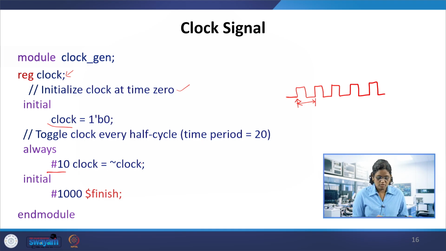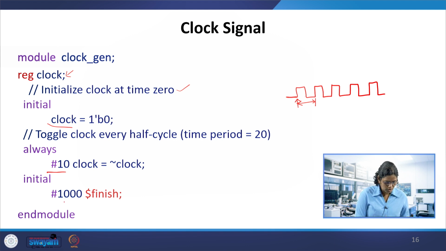Clock is equal to not clock. In that case, for 10 time units it is 0, for 10 time units it is 1, and then again it repeats: 10 time units 0 and 10 time units 1. So this continues always, without any condition. There is no condition specified where to stop.